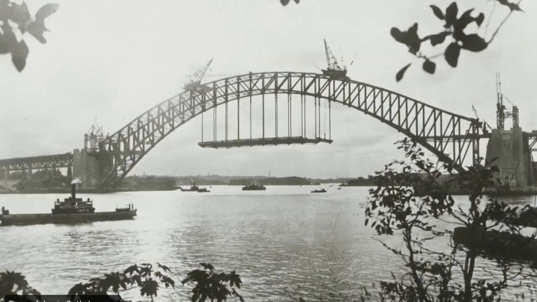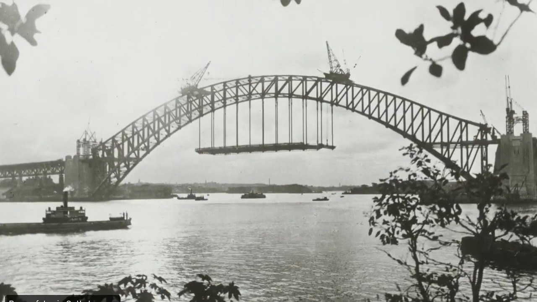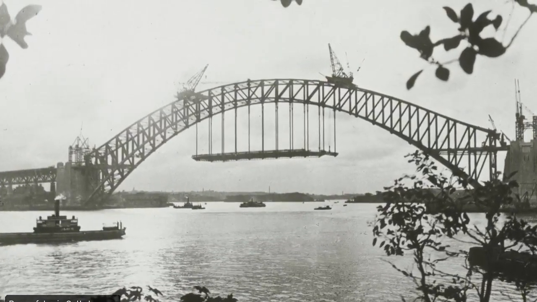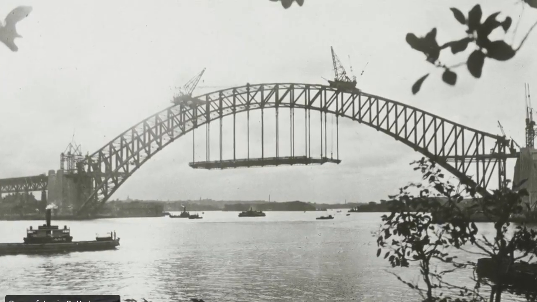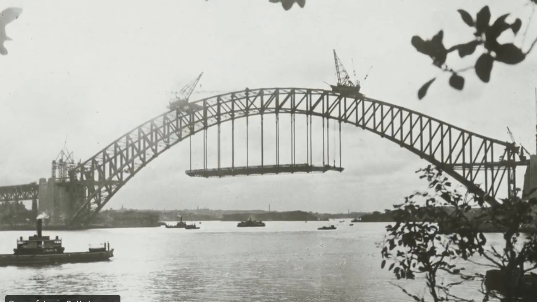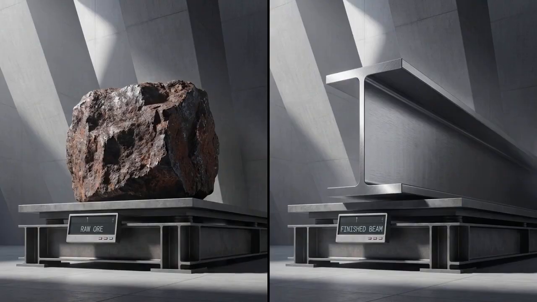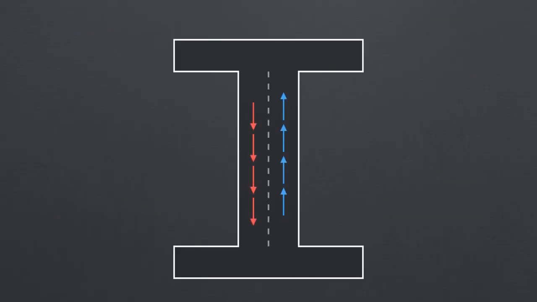Entire cities and modern infrastructure are built upon this exact manipulation of geometry. We span massive distances not with more mass, but with intelligent shapes. Manipulating a material's shape is just as powerful as changing the material itself. But if the top and bottom flanges handle all the bending, what exactly is that thin middle web doing? That involves a different set of invisible forces: shear stress,